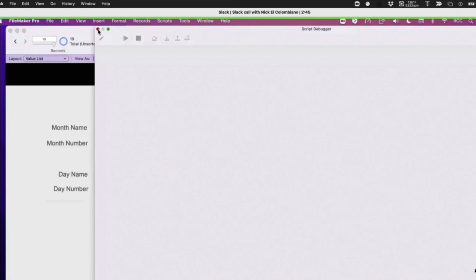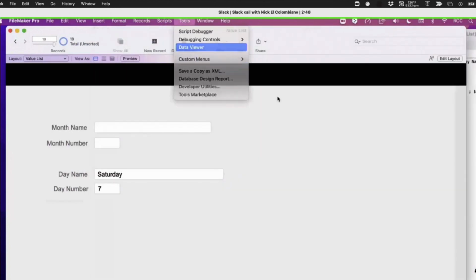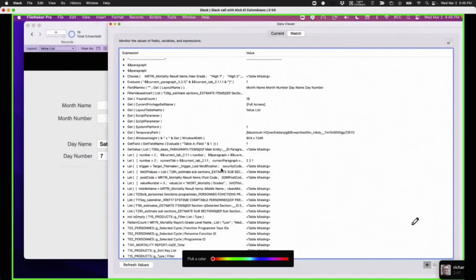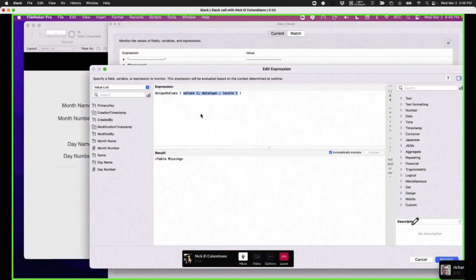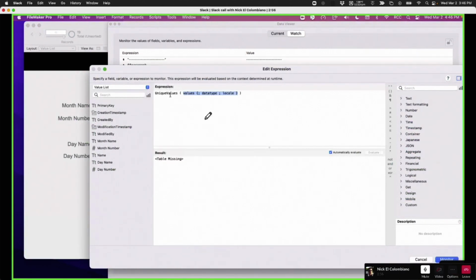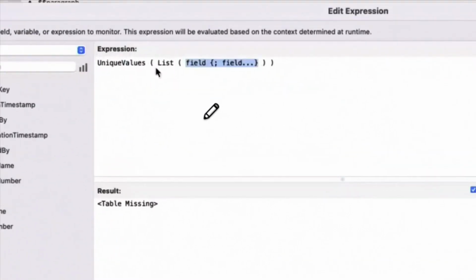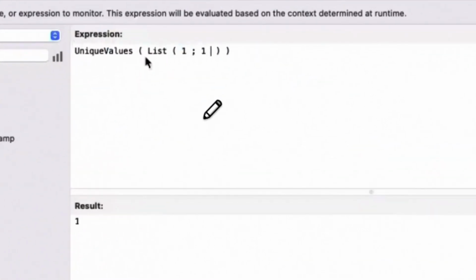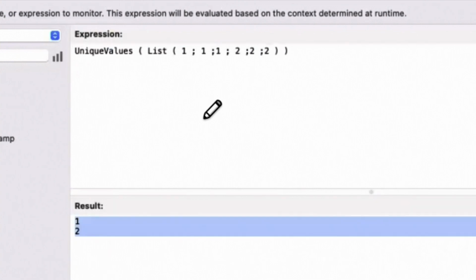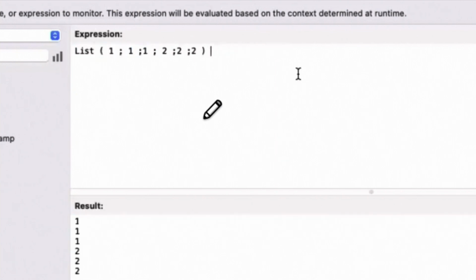I don't know if you guys know about this, but this is part of what I'm going to talk about tomorrow. But we have unique values. The unique value function is, if you have 1, 1, 1, 2, 2, 2, you will see this. Okay, if you don't, this is what you get.